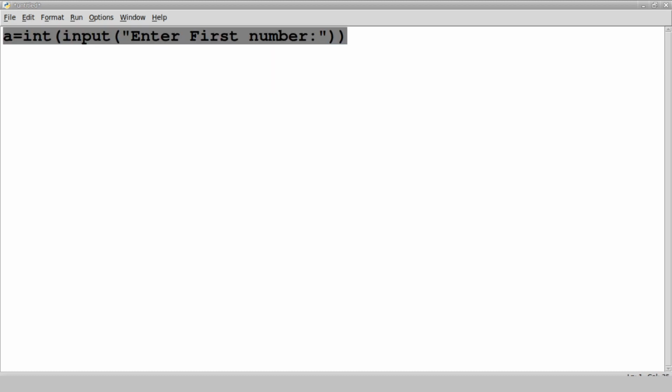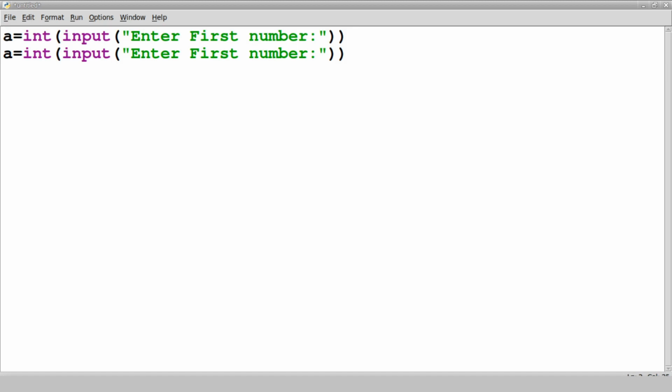Then in the same way we will read the second number, variable b. Now let's use the ternary operator. This time max equals a if a is greater than b, else value b. Let's print the value, so max.